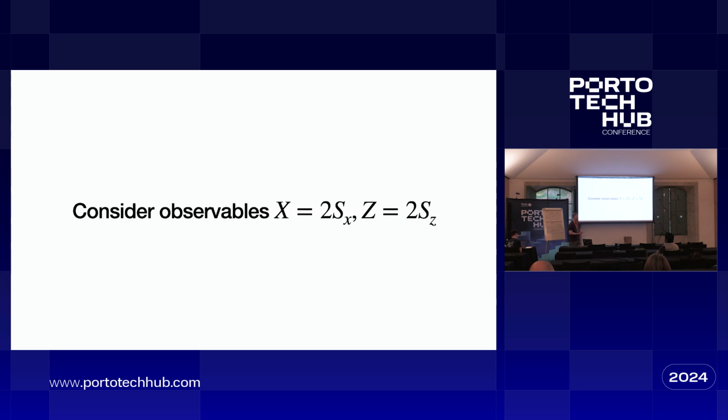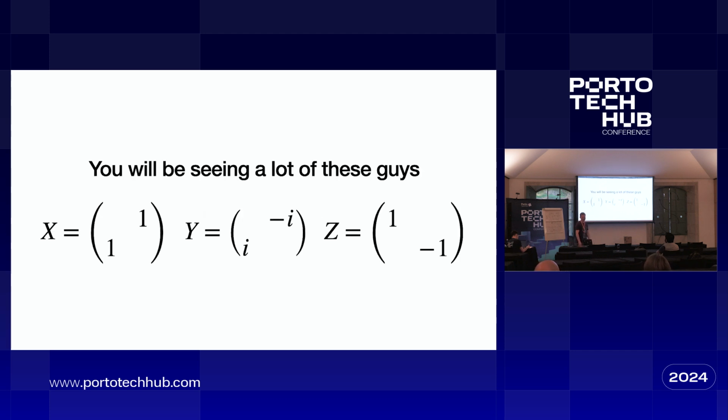And we're going to call these observables SX and SZ instead of these ones with this annoying half out the front of them, which I kept forgetting about. We're going to talk about X and Z, which are 2 times that matrix. And in fact, they have a friend, Y. You might as well just memorize these 3 matrices right now because anything quantum, you see them over and over again.